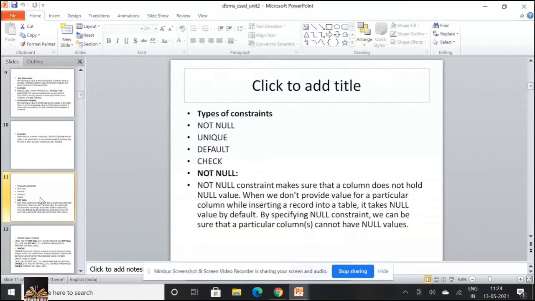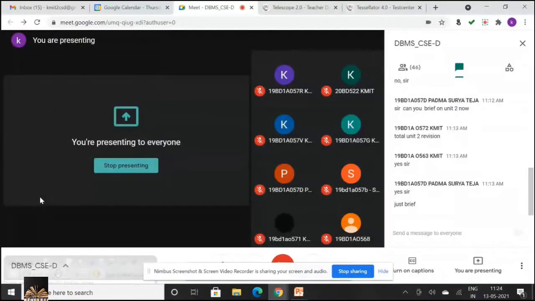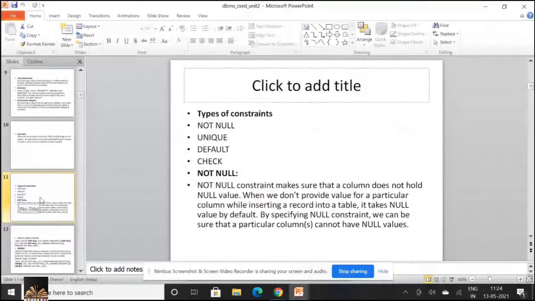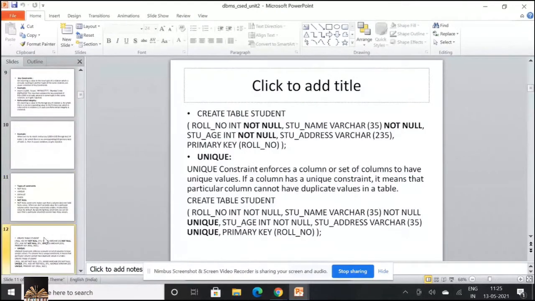So whenever you feel that you have to give a particular value to a specific column, then you take that particular column as not null. Not null constraint makes sure that a column does not hold a null value. In such cases, you are working with the constraint not null.